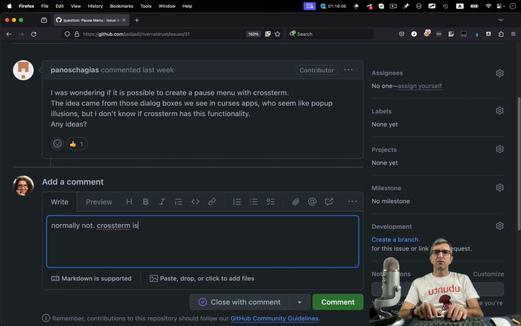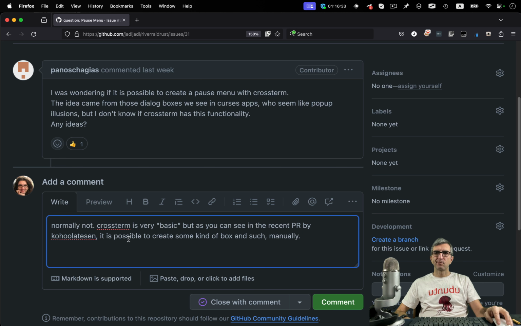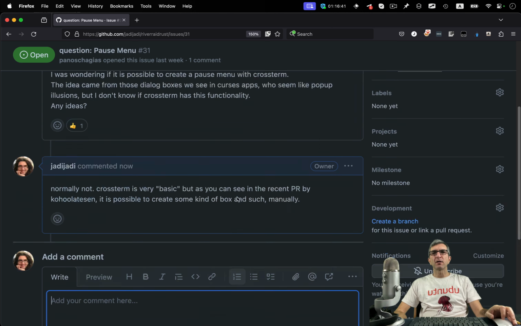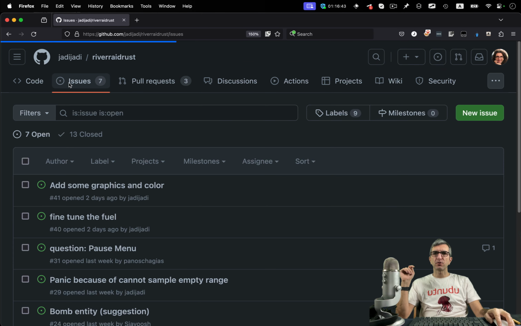Cruster is very basic, but as you can see in the recent PR by Kohul at Sen, it is possible to manually create some kind of box and such. If you want to create menus, windows, and this kind of stuff, you can use higher level things like ncurses and this kind of stuff.